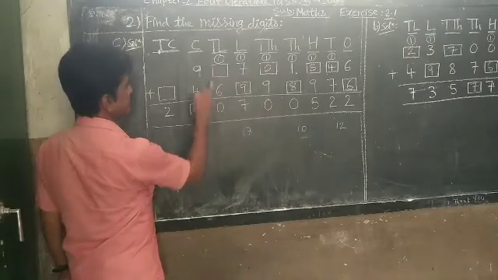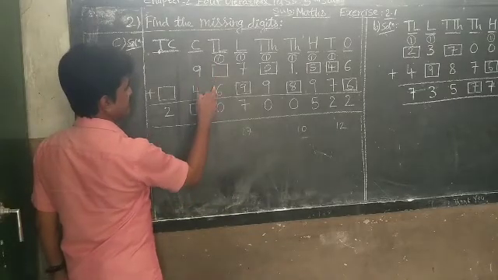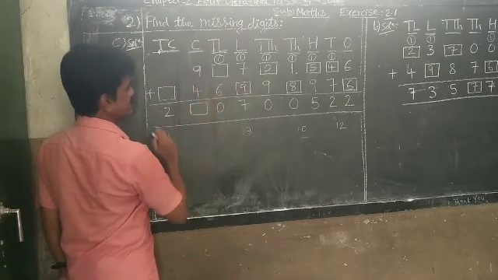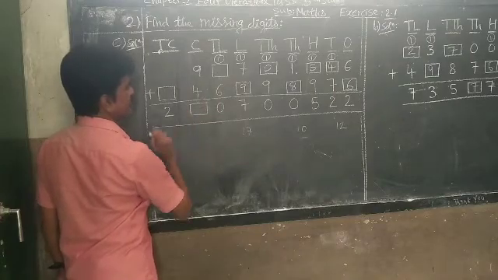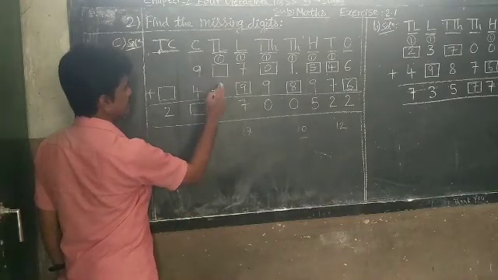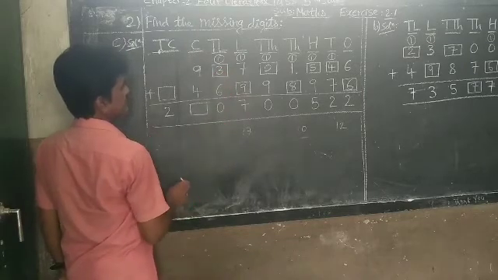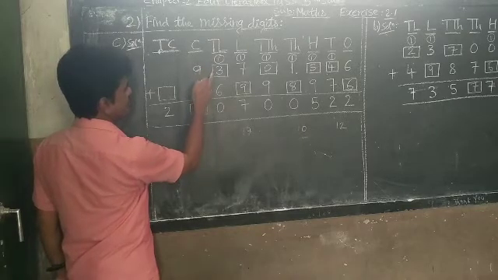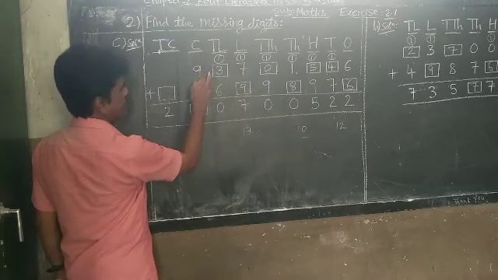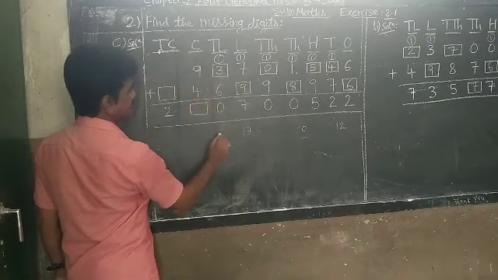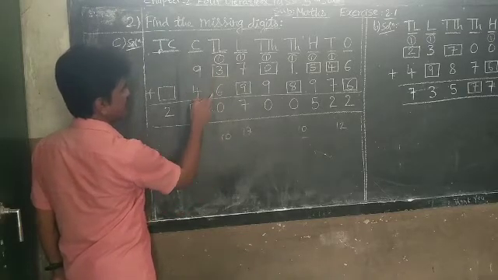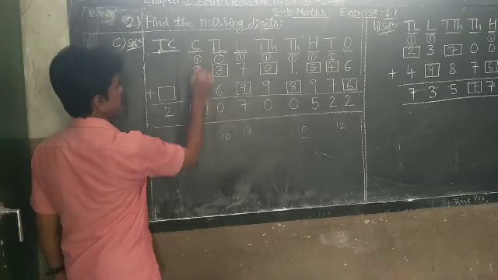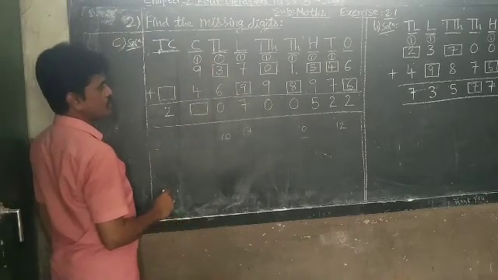Then see here in the 10 lakh place, 0 is given, 1 is there, 7 is also there. 1 plus 1 is existing and 6 is existing. You have to fill the correct number here to get 0. So 1 plus 6, 7. 7 plus 3. Understood? When you put 3 here, now you add 1 plus 3, 4. 4 plus 6, 10. Isn't it? That is why this 0 is here, and you have to carry 1 to crores place.